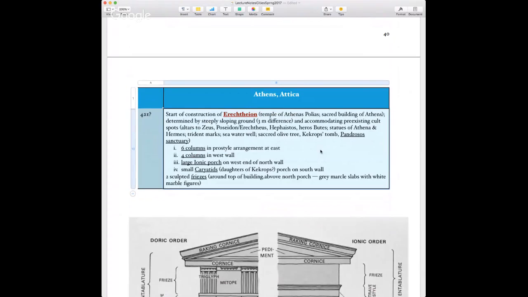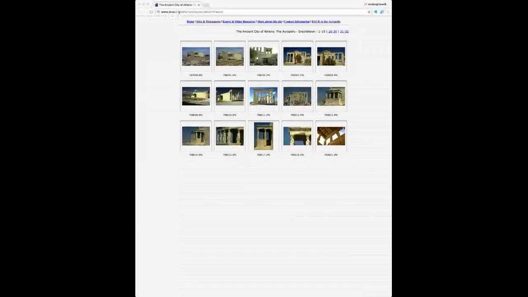Well, the Erechtheion was started around 421 BC, so in the middle of the time that Athens is in this major war with Sparta. The Erechtheion, again, is much more of a religious, sacred building of Athens than the Parthenon. In fact, it's also thought to be a temple to Athena Polias. Polias has that word that I think we're pretty familiar with now, the word for polis, or city. So the Erechtheion is a really interesting building.